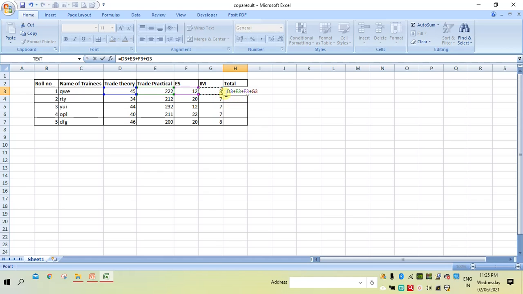This is called a formula, an expression that adds the contents of cells D3, E3, F3 and G3 and gives you a result. The total of these 4 cells is 283. So this is what is called a formula.